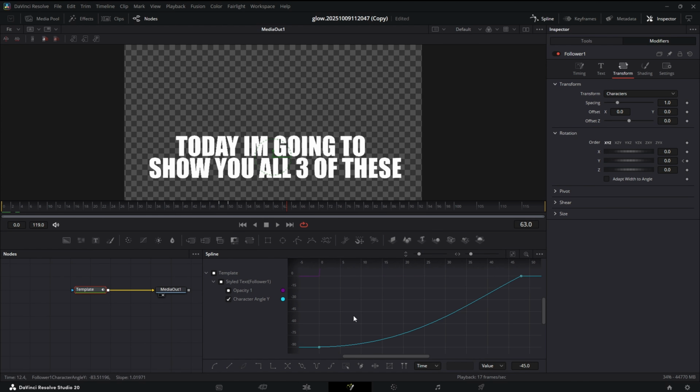All right, let's mix it up a little bit. Let's select our rotation keyframe, smooth it out, and let's make it faster. Then switch over to our opacity spline, make it slower, something like that.